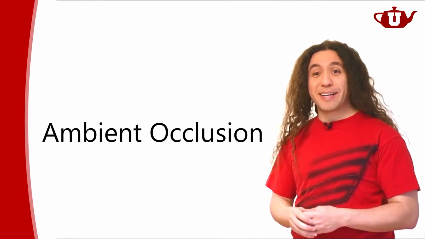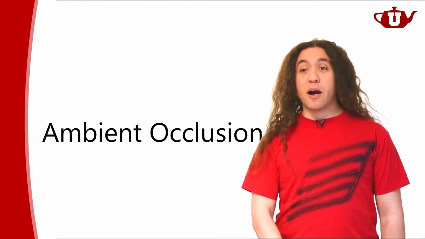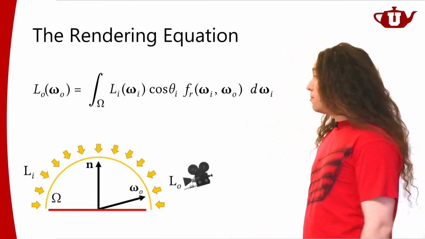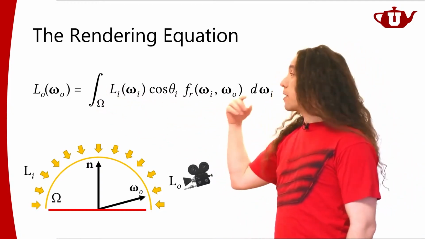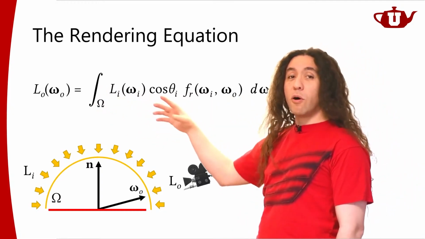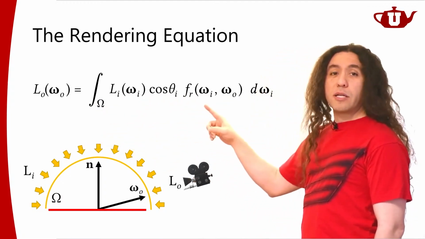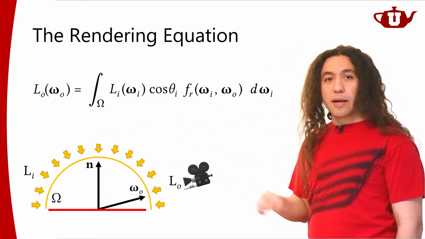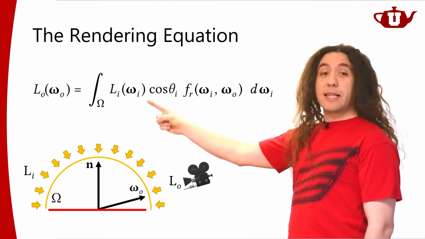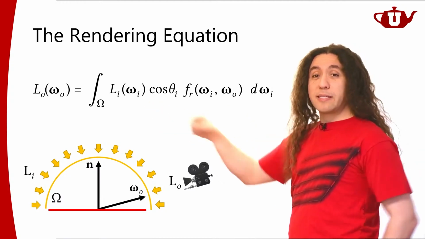Ambient occlusion. All right. What is it? Why do we need it? All right. Of course, as usual, we are going to start with the rendering equation, right? You've seen this before. You're familiar with it, right? So the outgoing light is a function of an integral over all incoming light from all directions over this hemisphere, multiplied by the geometry term, multiplied by the material function that is our BRDF. All right. So this light, this is the difficult term here, incoming light. Computing that is the difficult term, right?